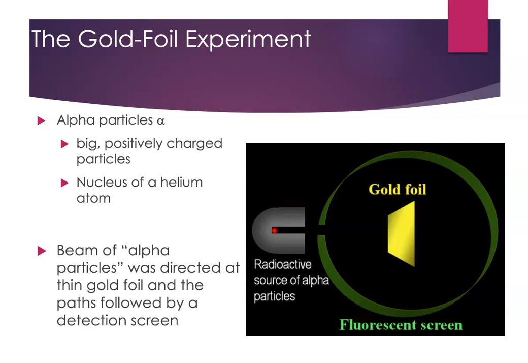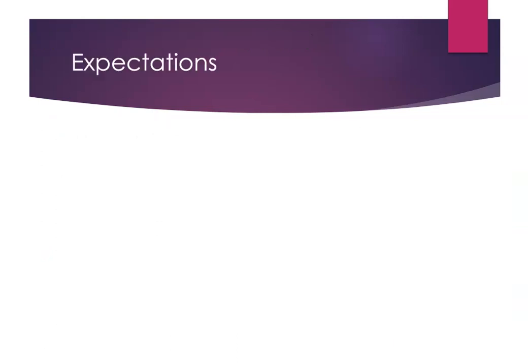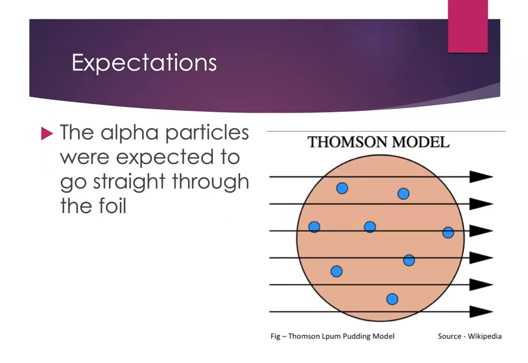So we have an idea, they said. If Thomson's model is correct, what should the alpha particles do? They said, well, we've got this diffuse positive charge, and then we've got these little teeny tiny electrons. So if we're throwing big, giant positive particles at them, they should go straight through, right? Because that positive charge in the Thomson plum pudding model doesn't have much to it, so they should go straight through. Maybe they'll bounce off occasionally if they manage to hit an electron, but otherwise we're expecting just smooth sailing there.